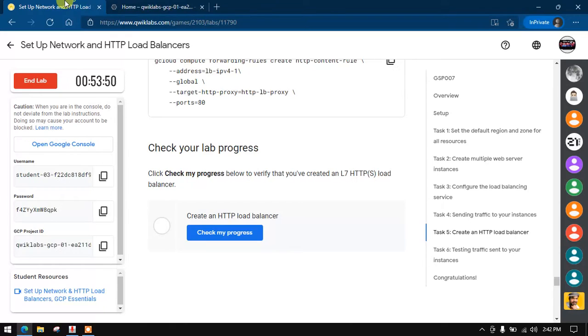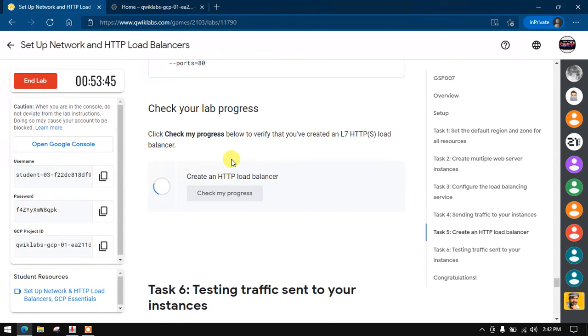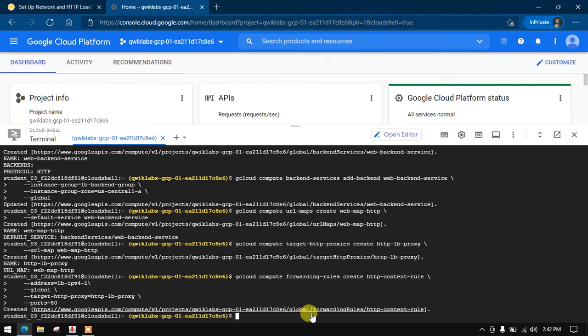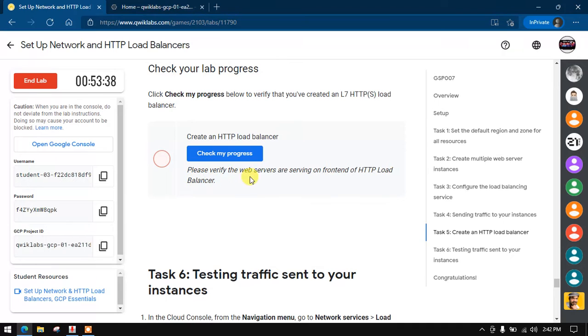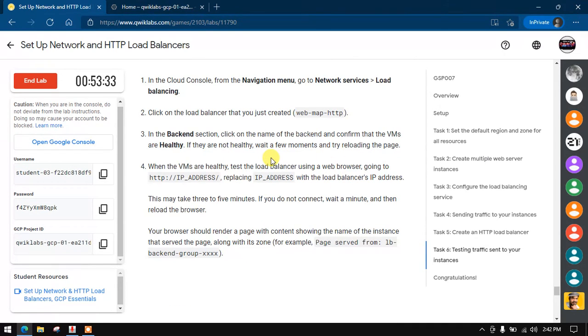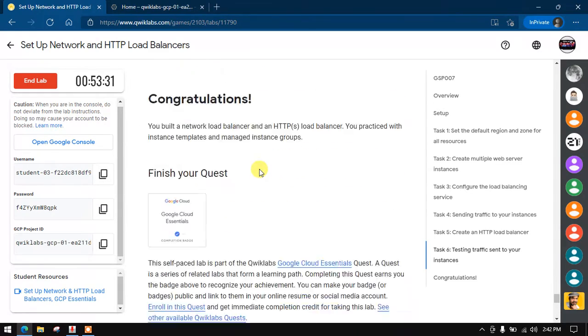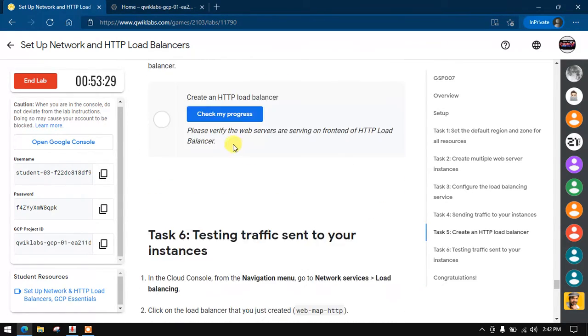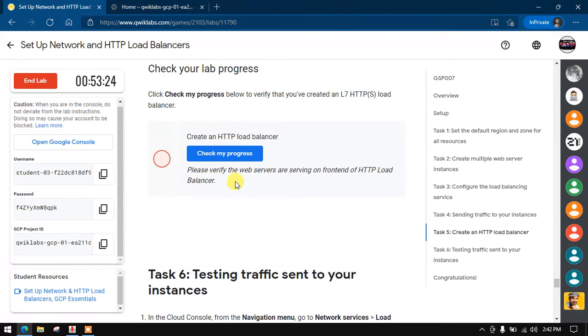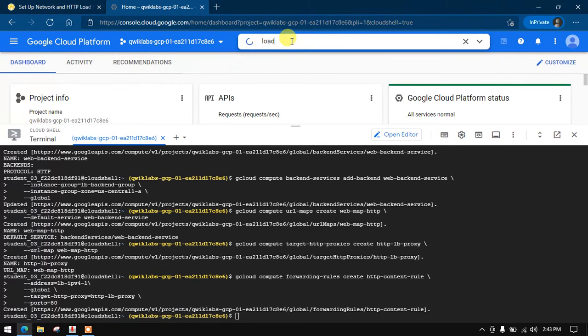I think it is done now. Yes, it is created. Check it. It says it is not, but it says it is created. New server. Okay, so it will take a little bit of time, so leave this one and just wait a few minutes, keep on refreshing. You can see this. I will show you the load balancing, and where the load.